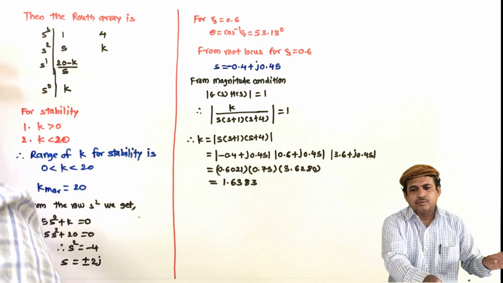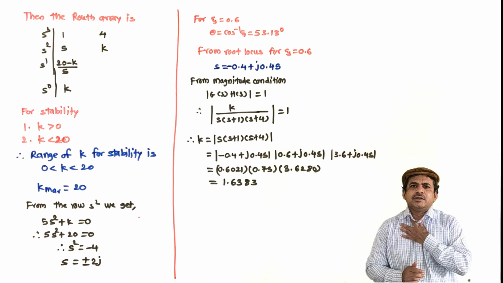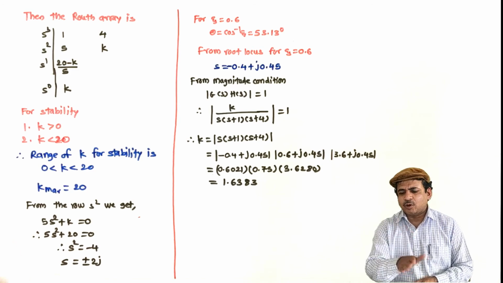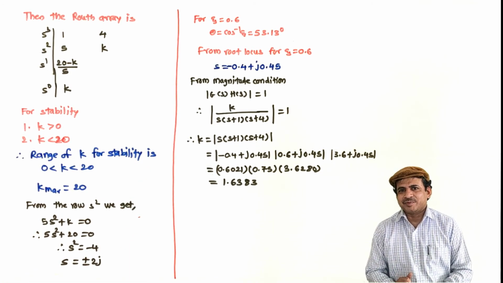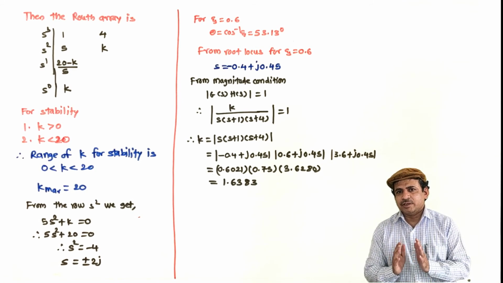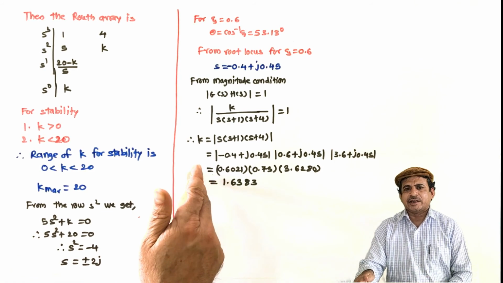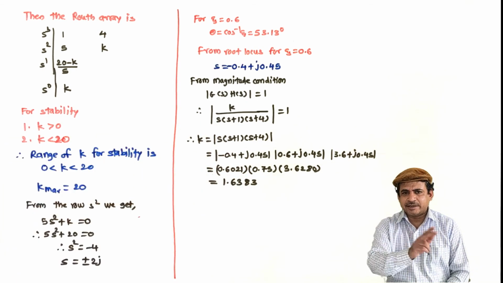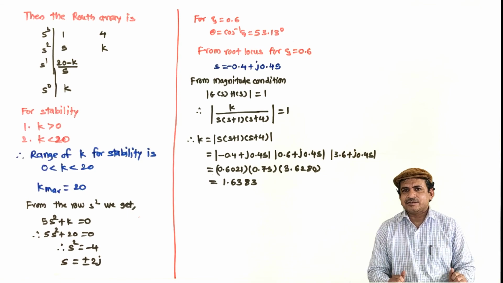So this is how we have solved one numerical example, and also we have seen how to find the value of gain K for a given pole on the root locus or for a given damping factor. From the next lecture onwards, we will plot only the root locus and will not do any other treatment like this. But here our purpose was to show how the gain K at any point can be obtained. It is enough in this lecture. Thank you.